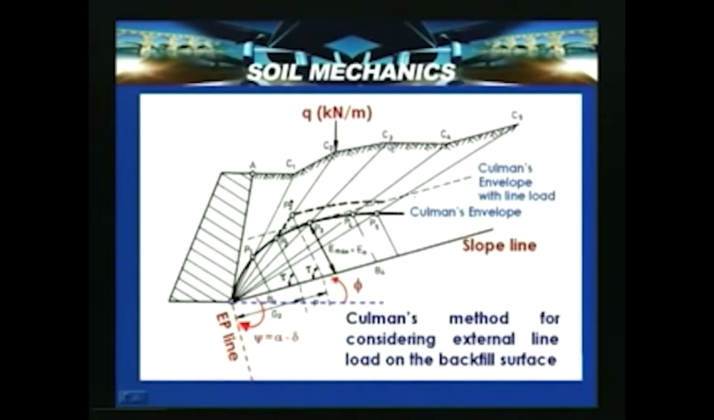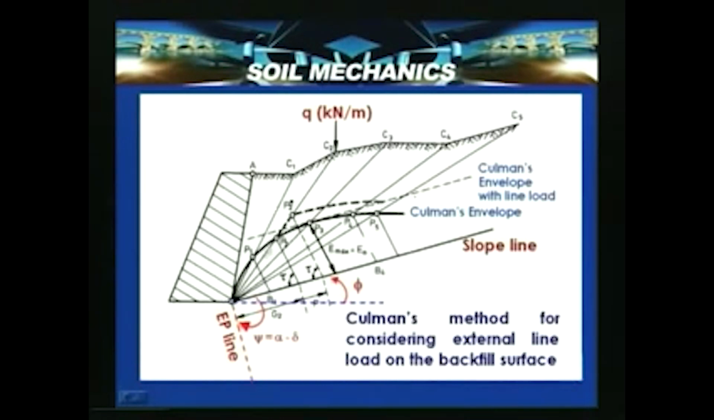For example, if there is a load at C3, suppose another load Q2 is there, and that also has to be considered. Like this, if there is another load acting at this point, that also has to be considered. A similar procedure, by plotting the weights of these wedges on this slope line and drawing a line parallel to this surface, will give us the Culmann's envelope, and this hump which is actually